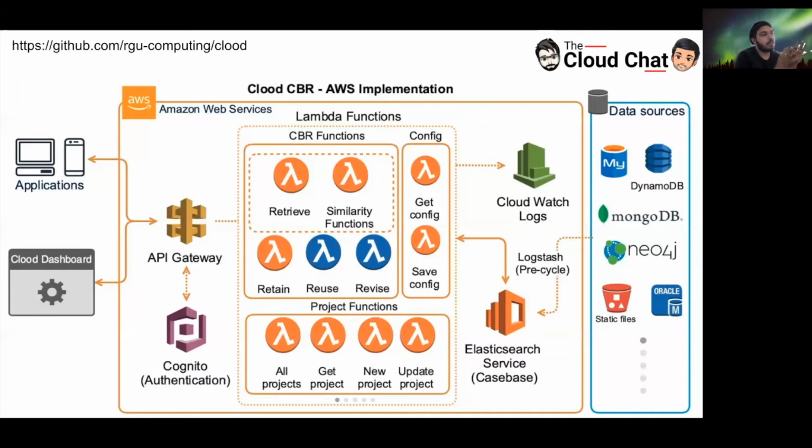I guess the project functions and the config functions will only be accessed via the CRUD dashboard, and they will mostly be used only during the setup of the project. So the heart of the project is actually the retrieve and the similarity functions here, right? Yeah. So the CBR and all the data is actually stored in Elasticsearch as well. Yeah. So I think this implementation basically isolates the entire production system.